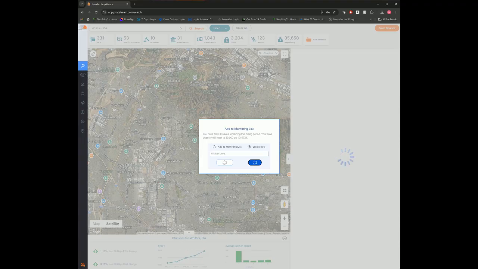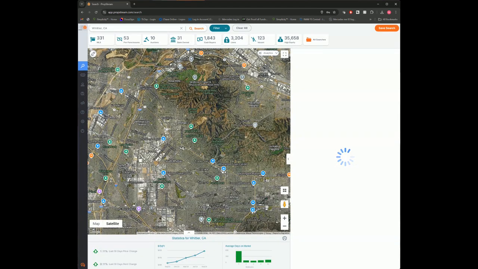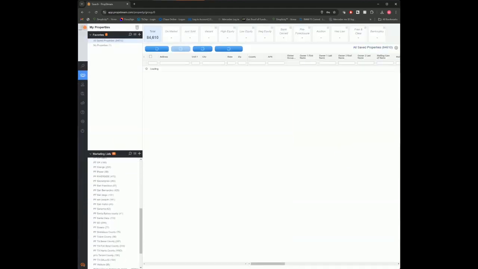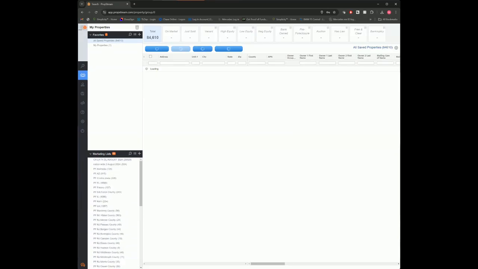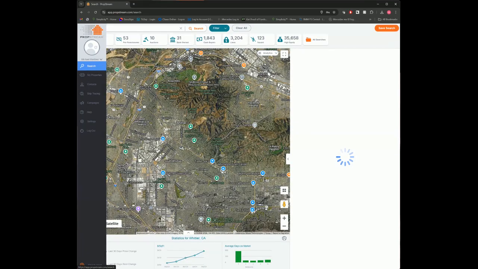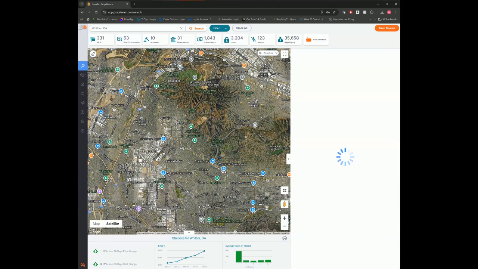Just be patient with Propstream. Sometimes it can move a little slower than we'd like it to. Once this list is created, you'll be able to find your list under the My Properties tab. As you can see, we do a lot of foreclosures, and these are all the areas that we're marketing at the moment. If I go back to search now, I'm going to show you how to pull a list